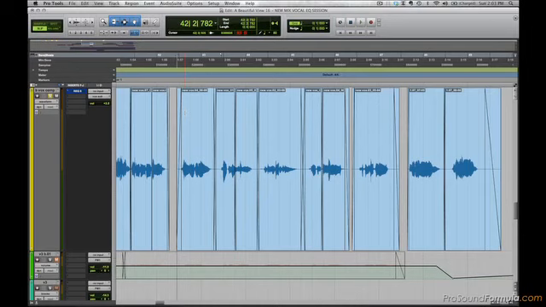And just to be clear, this isn't the only way to do it. There are always loads of ways to get something sounding great, and it always depends on the vocal and the song and a whole bunch of different things. But this is just a simple set of rules of thumb, if you will, that will get you there in most situations. So let me just play you the vocal recording that I've got here,